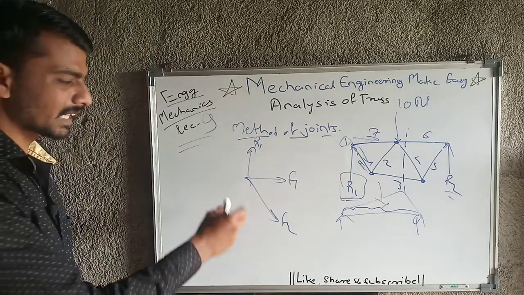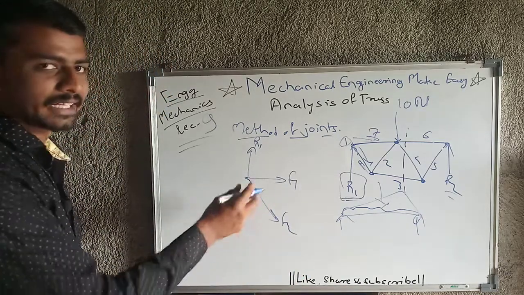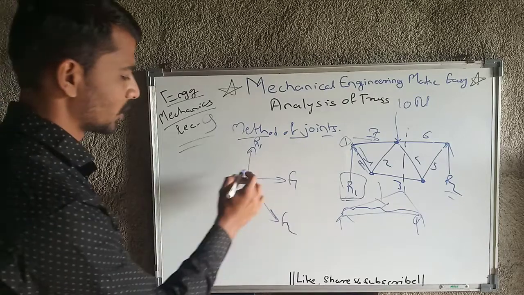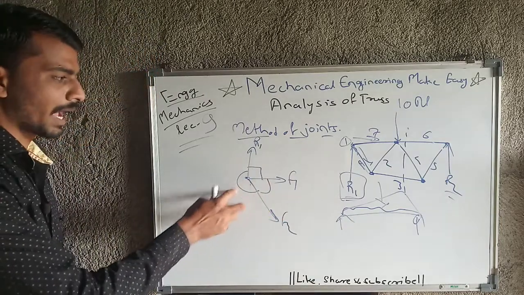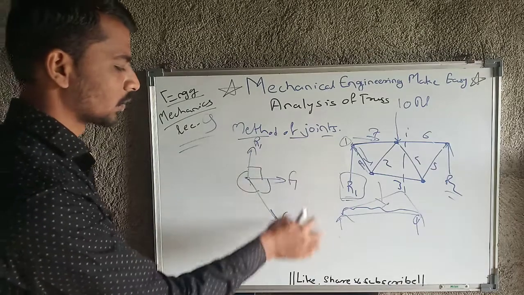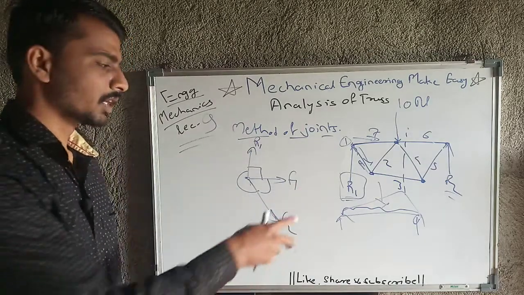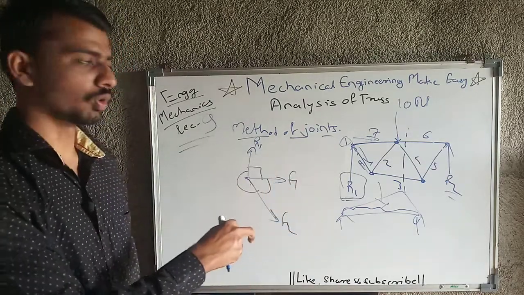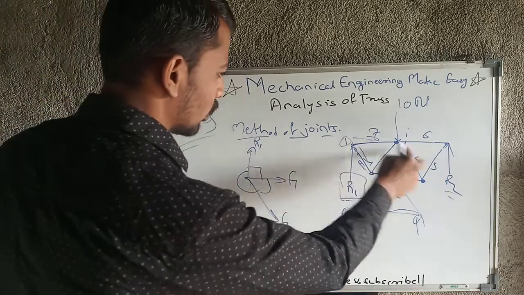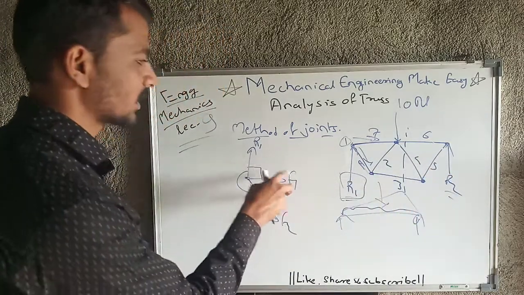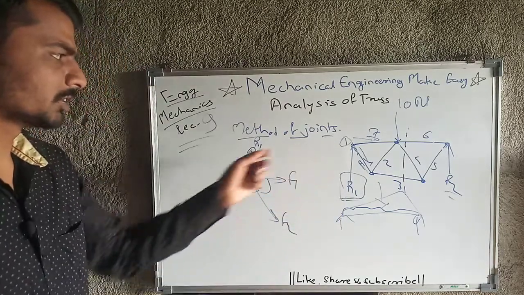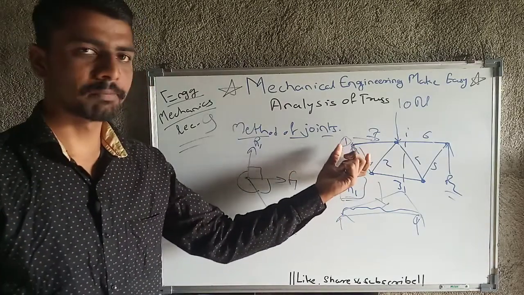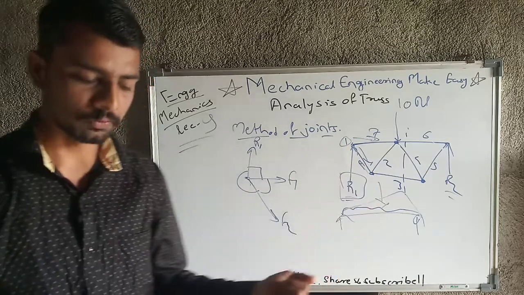So now we can use the sine rule here, and we can calculate the remaining 2 forces, because we will know the angles here. So according to the angles and one known force, we can calculate the remaining 2 forces. This is with the help of the sine rule, okay. So at all the joints, if there are only 3 forces, then we can use the sine rule and calculate the forces there. So this is the basic idea: consider the FBD of all the joints and calculate all the forces.